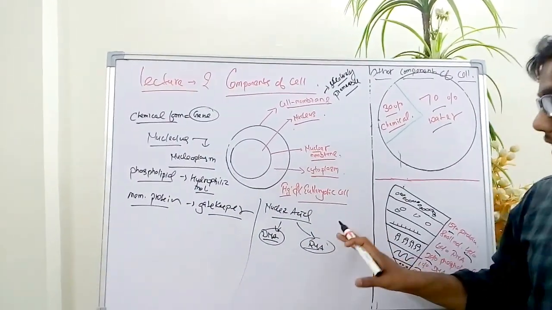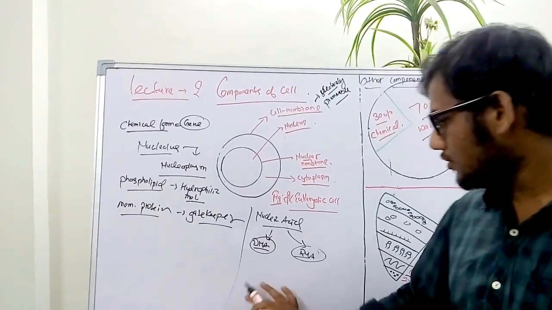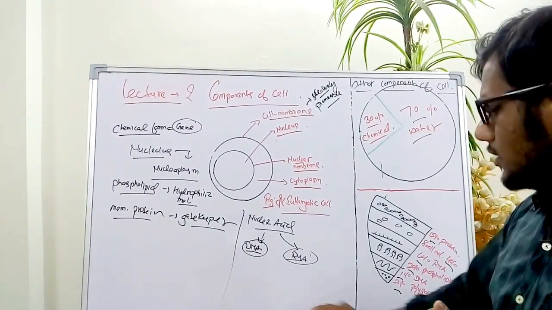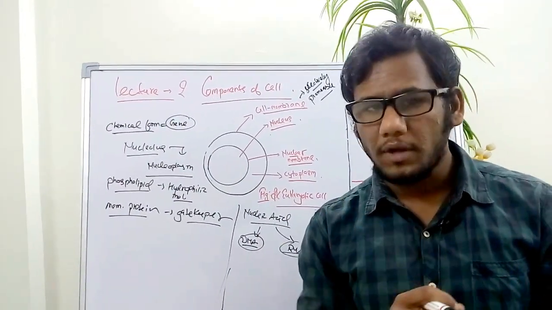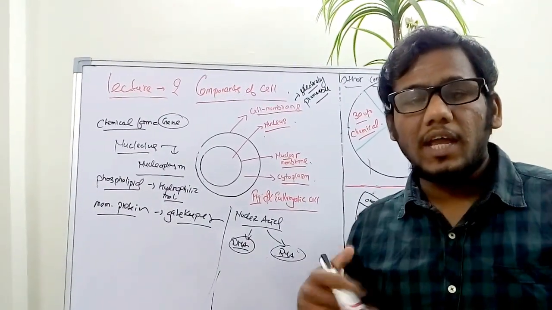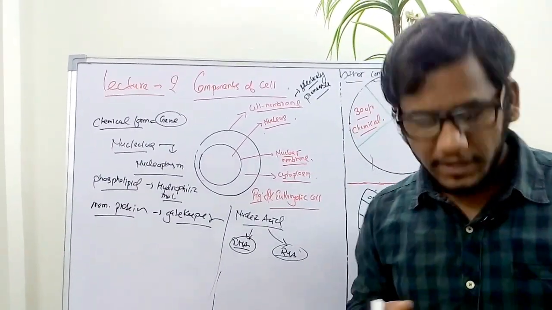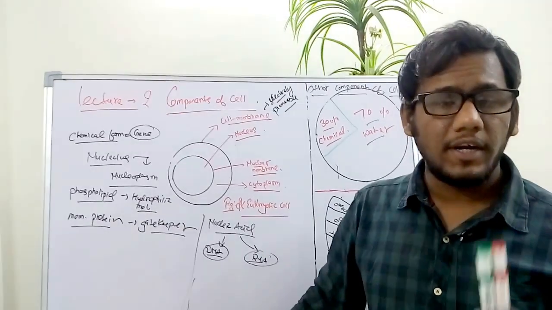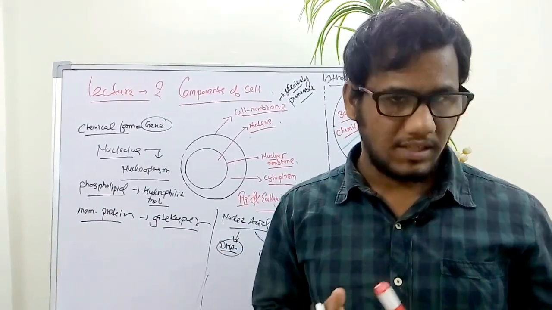Now, in the cell many proteins are also present to assist the function of DNA and RNA. These proteins are made up of small units known as amino acids. After this, the carbohydrates. These carbohydrates are organic molecules present in the cell. There are two types of carbohydrate present in the cell. First is simple carbohydrate. These simple carbohydrates provide an immediate source of energy to the cell. Second is complex carbohydrate. These complex carbohydrates act as intracellular energy storage. These complex carbohydrates are also present on the cell surface, so they help in cell recognition and relay signals within the cells.